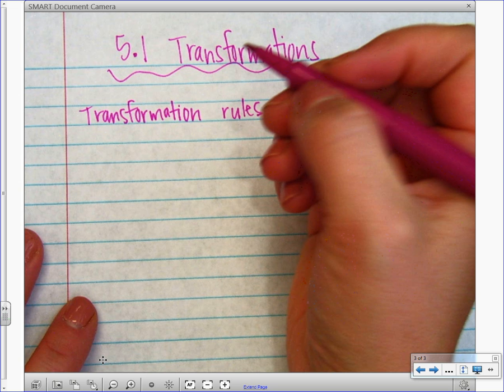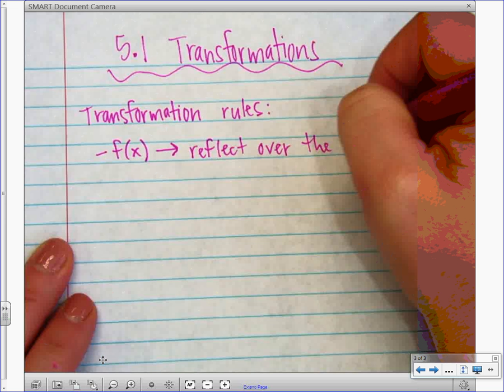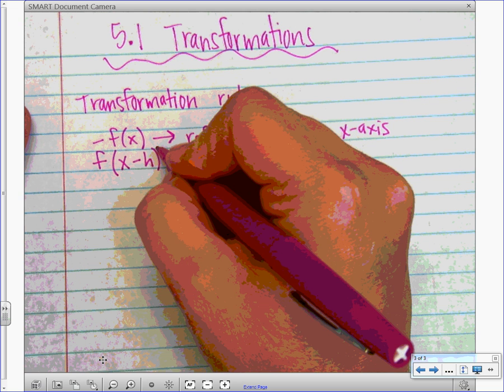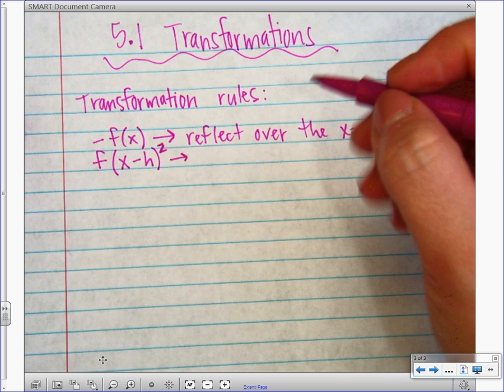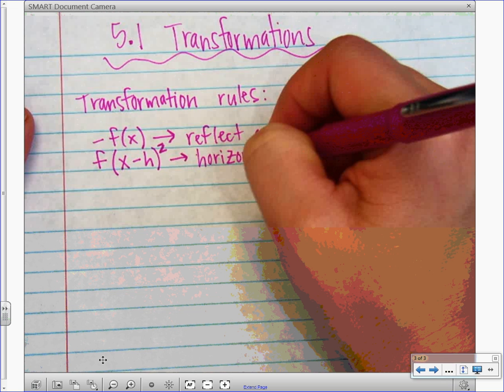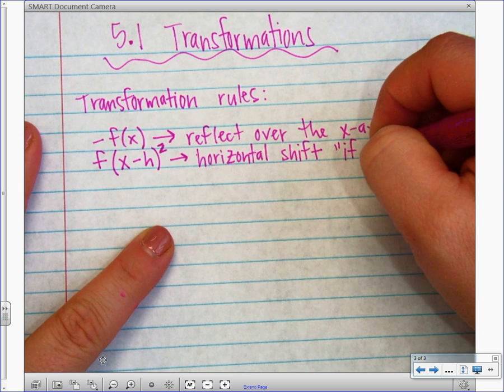Okay, so if it's a negative in front of it, that means it's going to reflect over the x-axis, so it'll flip it. If it's adding or subtracting in the operation symbol, so like here if we had a squared, this is going to be a horizontal shift. Okay, but there's a saying that I want you to remember, and that's if it lies